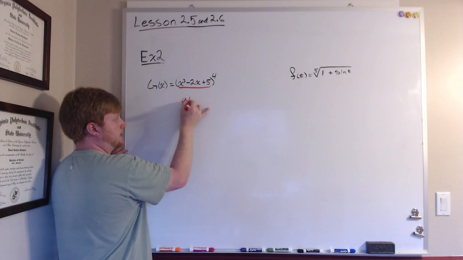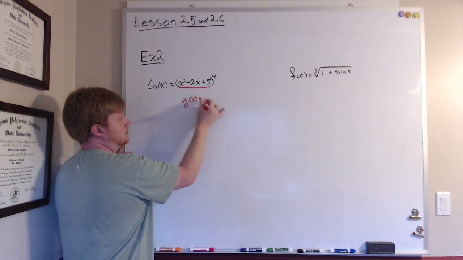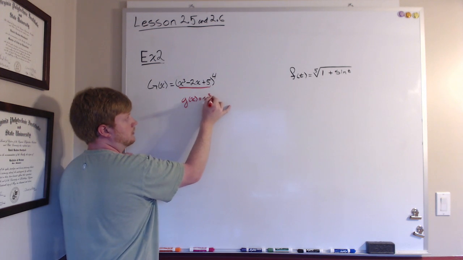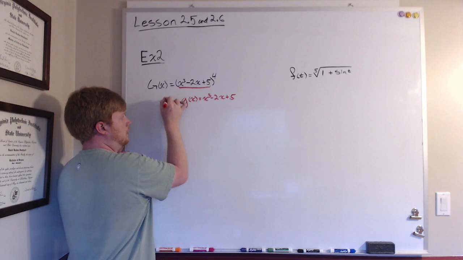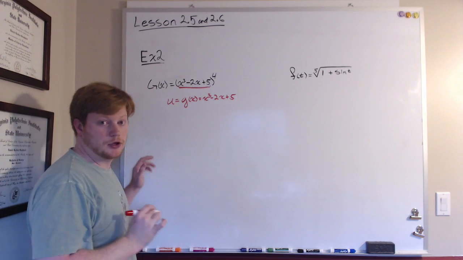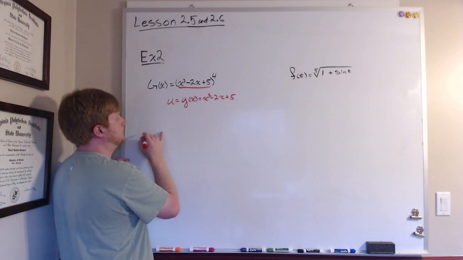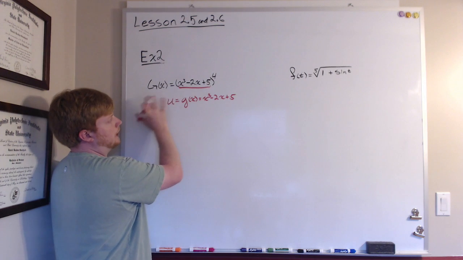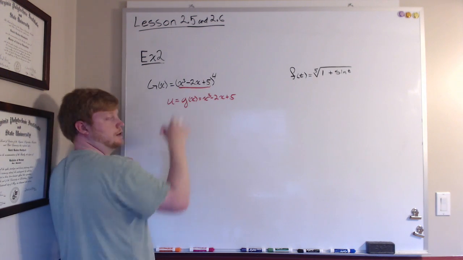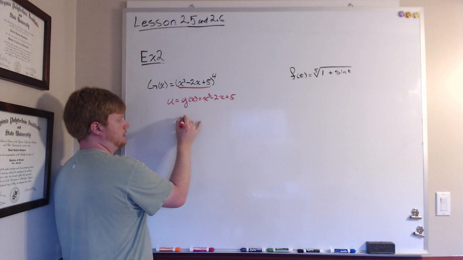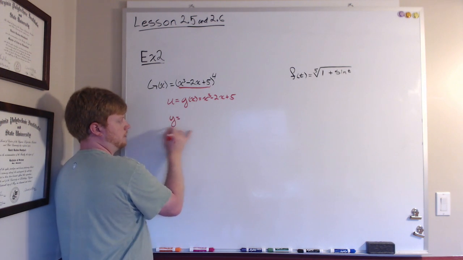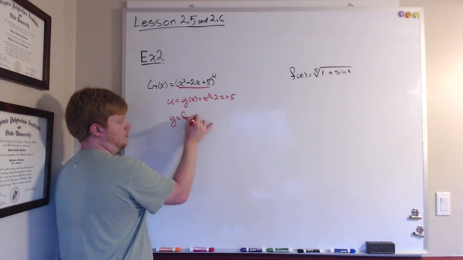That's my g of x. Or, for those Leibniz people, u. Okay? And then the stuff to the fourth power is my f of x. And let's just, for the purposes of this example, call that y